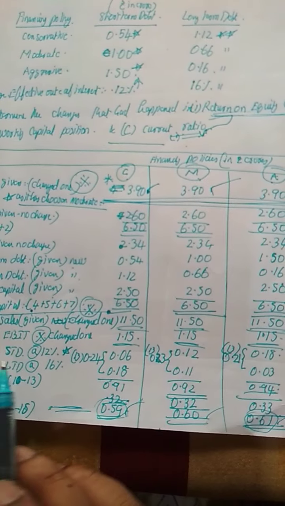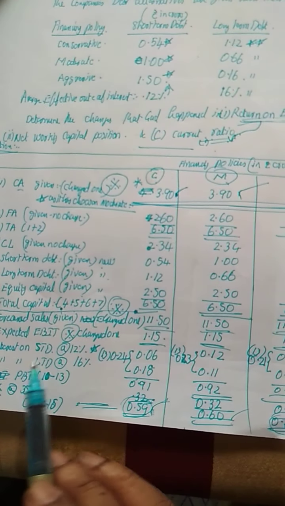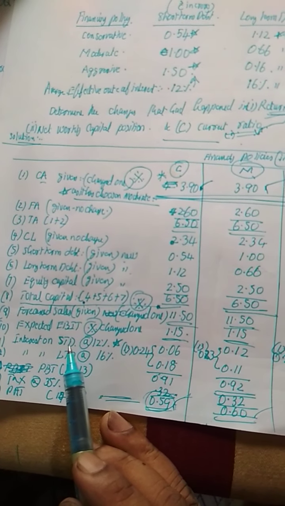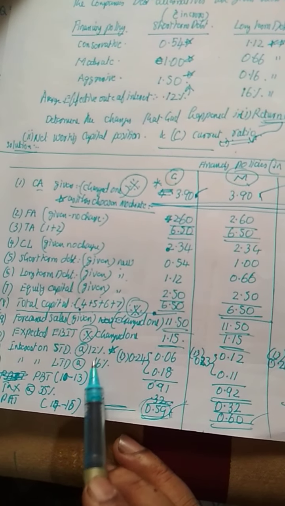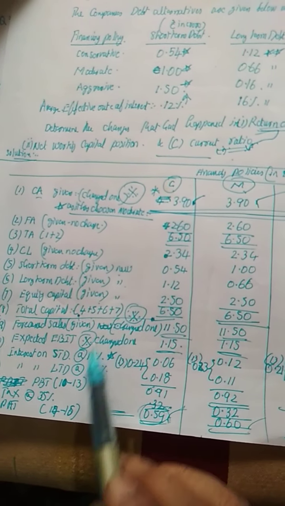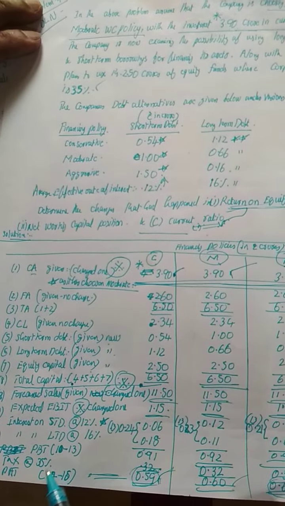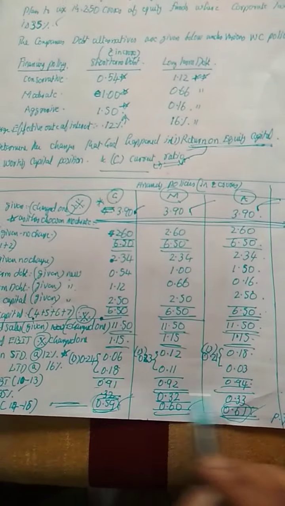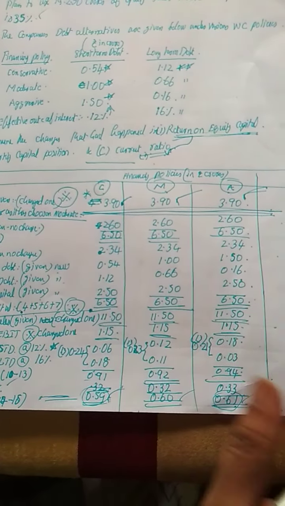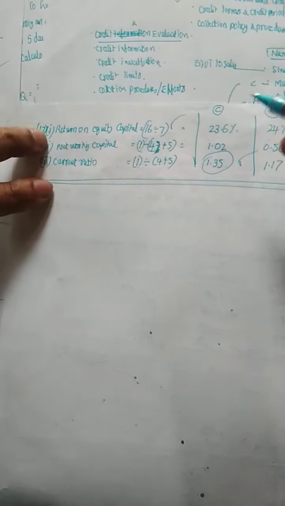Similarly, as the short-term and long-term debt fetches interest, we have to calculate the interest on it, based on the information given. And the tax rate is also given in the question. Tax rate is 35%. So tax on the profit, the PBIT, we will be calculating. That is another change, and we will find out the profit after tax and test the new thing. What are the changes that had happened in the return on capital?